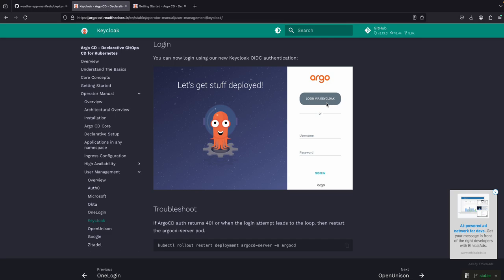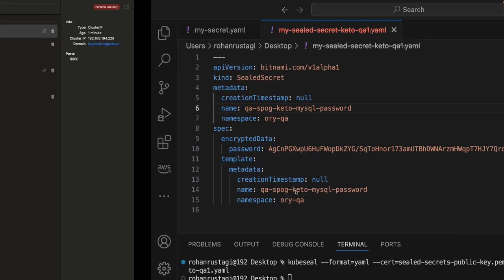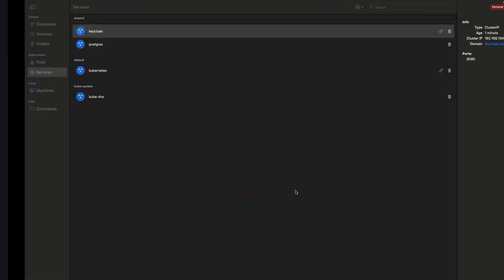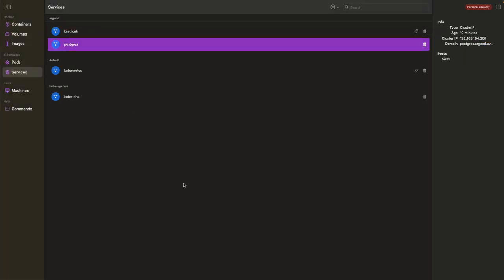So in this video as well, I have utilized the same steps and configuration. The only difference is in this video I will be using Keycloak version 25. So I have already created my Keycloak as well as Postgres, and in this video I